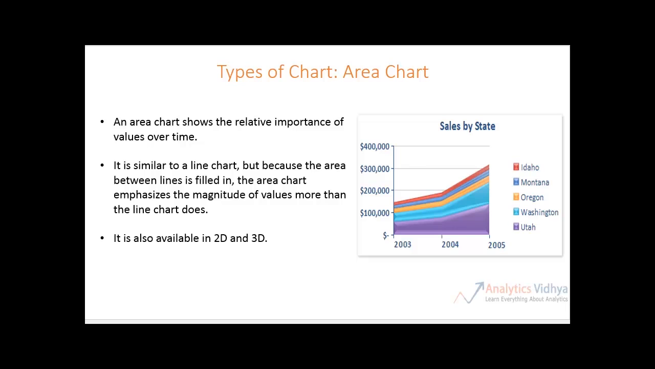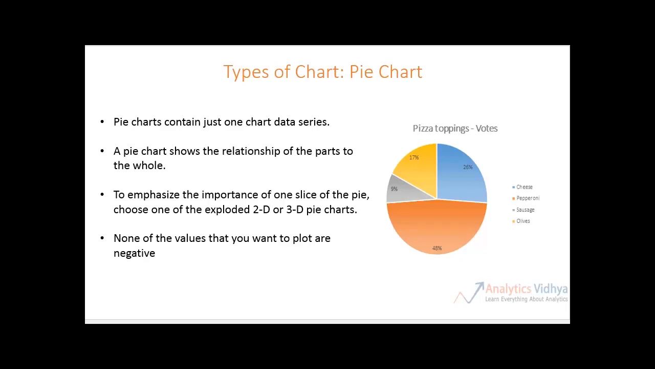Let's move further. The next chart is pie chart. Pie chart has one chart data series which is used to show parts of a whole. For example, if we want to see the percentage of votes for pizza toppings, say how many people prefer the pizza topping as olives, sausages, pepperoni or cheese. This representation can be best shown by using pie chart, and the more improvised version of pie chart can be